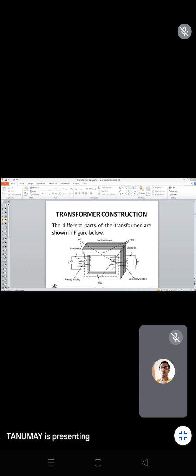If there is no load over the secondary side, then no flux is lost over the secondary side. That is why the full phi amount of flux comes back to the primary side. This phi produces a higher amount of EMF E1 over the primary side. No current flows, as the values of E1 and V1 are almost the same. That is why no current I1 flows in the transformer when there is no load. So this is the operation of a transformer.